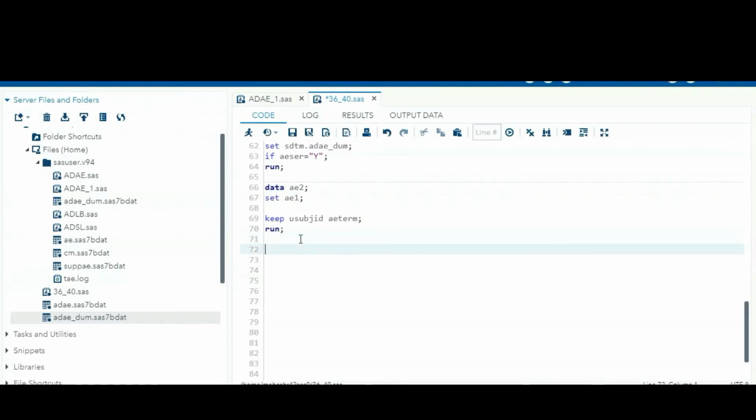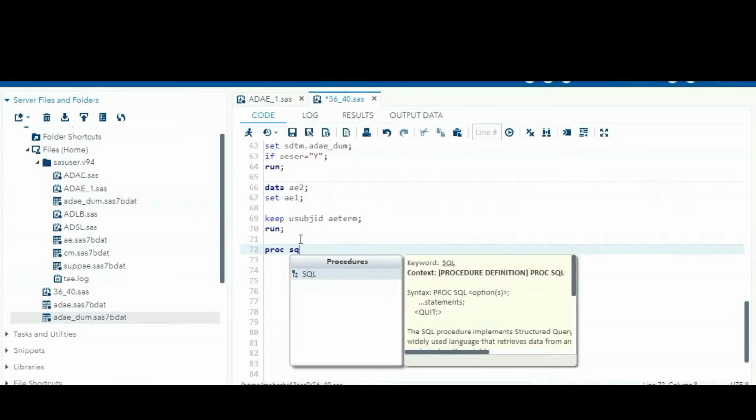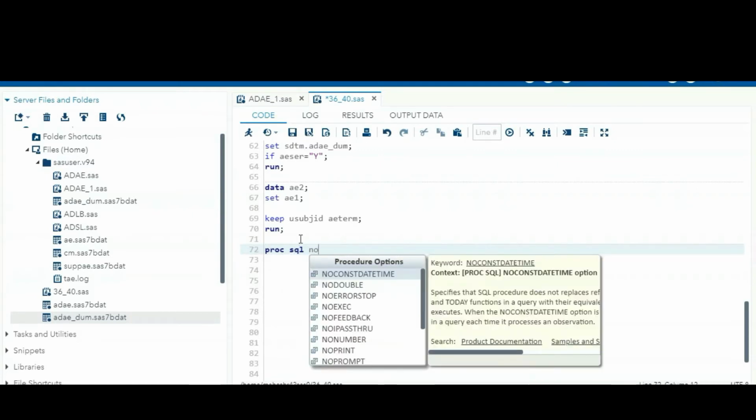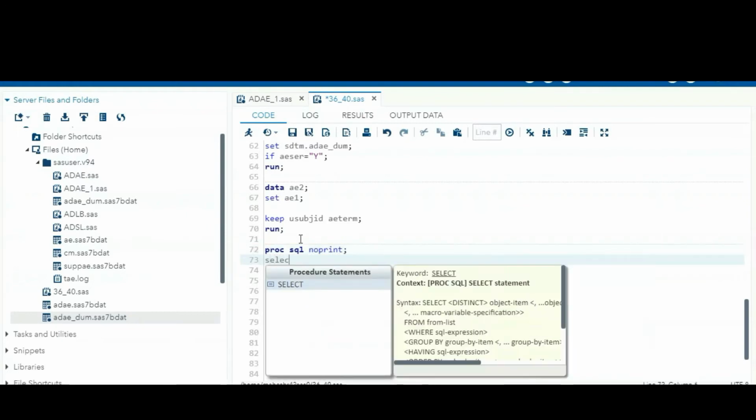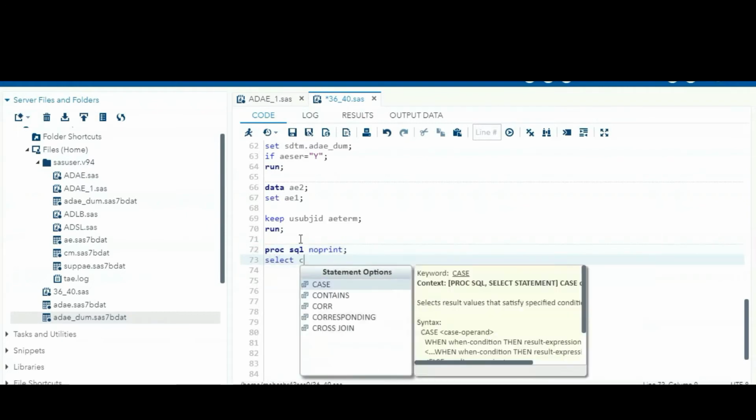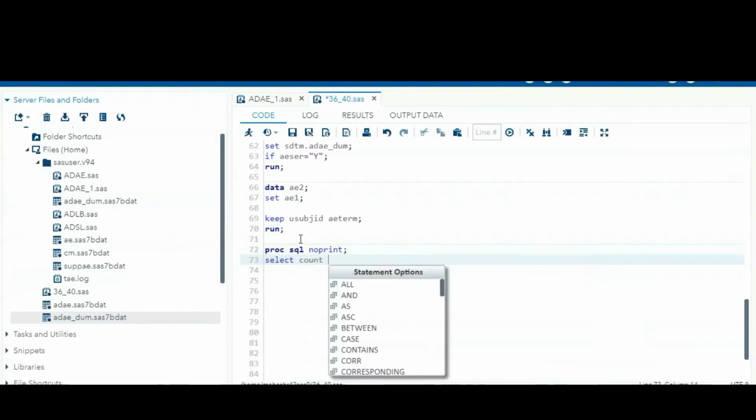Now just count the observations, how many are present, whether 0 or greater than 0. For that purpose, proc SQL noprint; select count of star, meaning how many observations, and assign it to a macro variable.